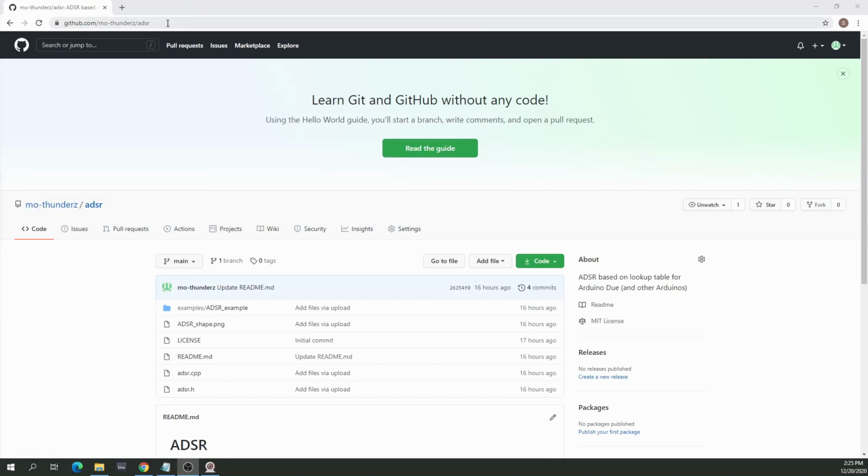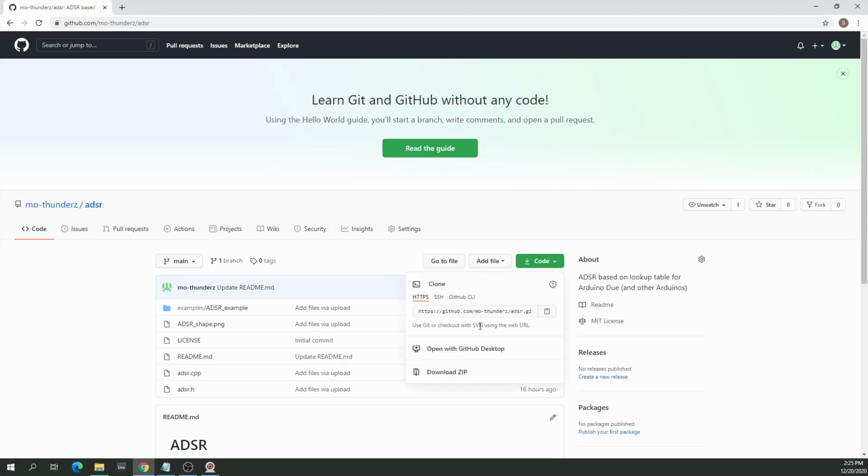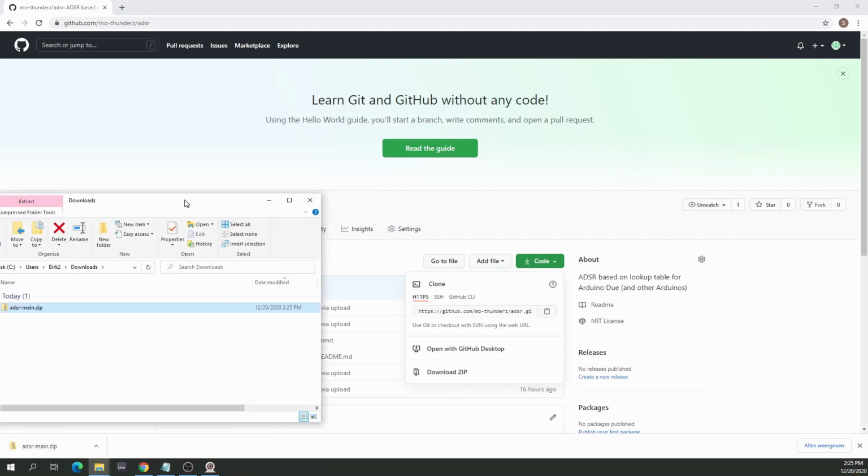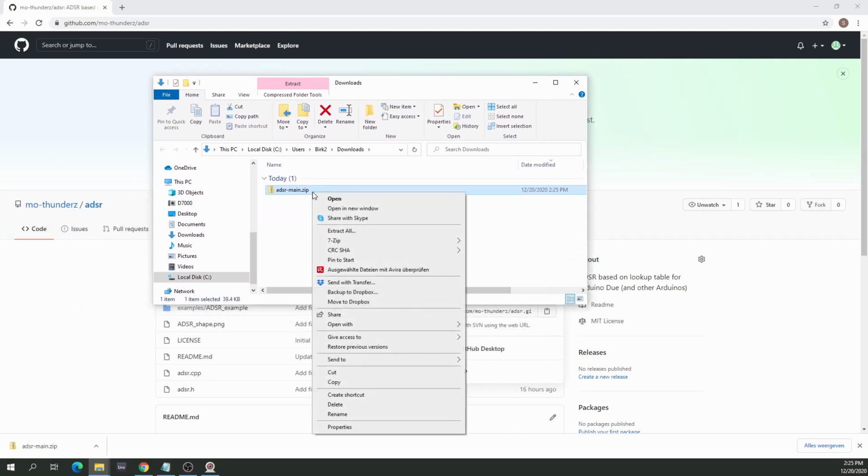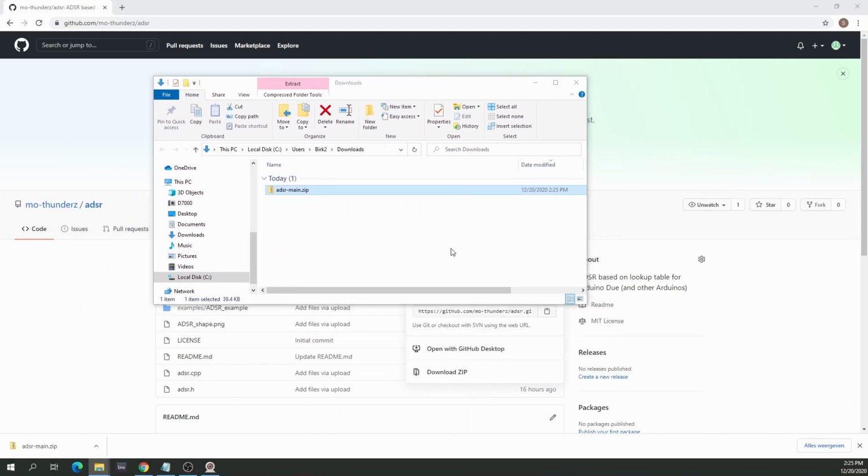Here's the link, but I'll also have that in the description below, to the GitHub, and you just go to code here and then download zip. Then it'll download here below, so we'll show the folder. And you'll have to unzip it. In some way or the other, I couldn't get GitHub to skip this main thing in the folder. So we're going to rename it, skip main and just call it ADSR,